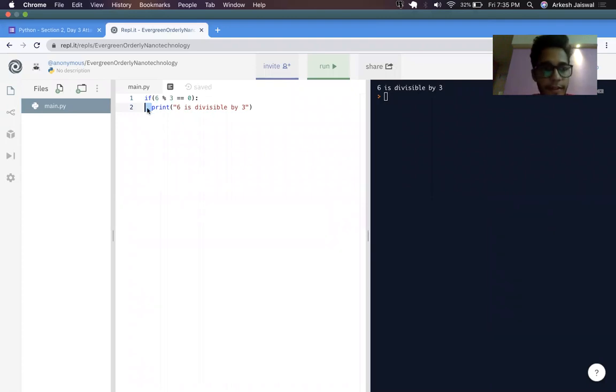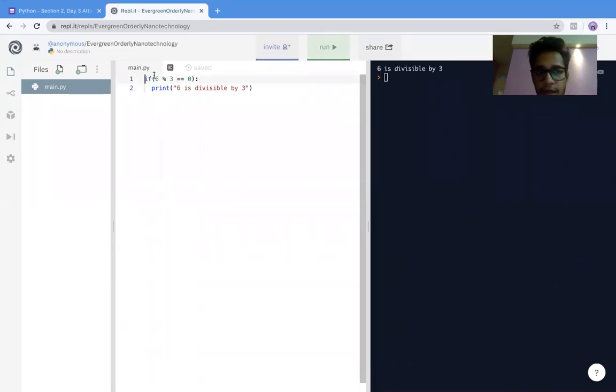So shall we proceed? Let's do the next step. Let's take the next step here. You have ideally hard coded the 6 divided by 3 code here. All right. Now what we need to do next is, I do not want to hard code 6. I told you the problem statement was given any number. So you need to take this number from the input of the user.